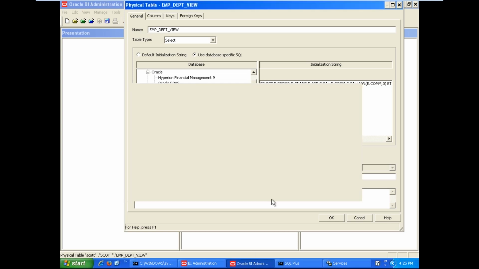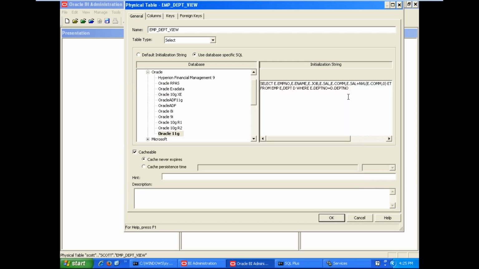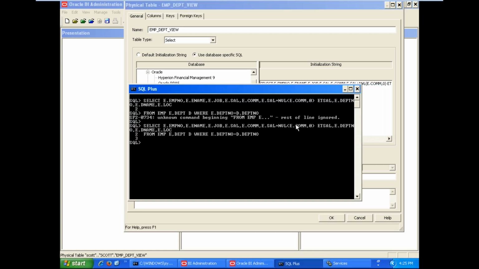Here there is a mistake. Employee number is okay, fine. E.dept number, but here it is not E.dname. The dname is available in the department table. That's why D.dname and D.loc, either small or capital, no issue. Also, there is a problem here.